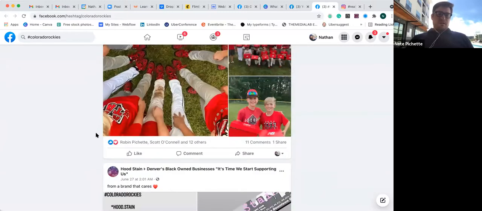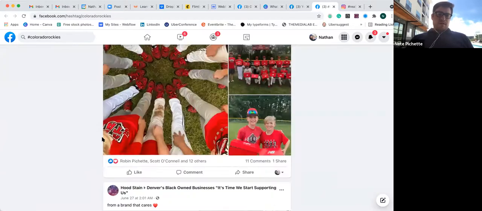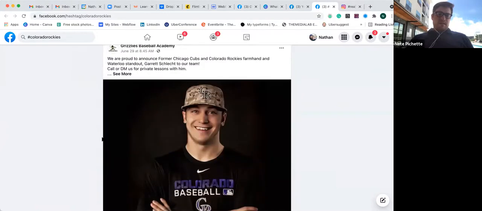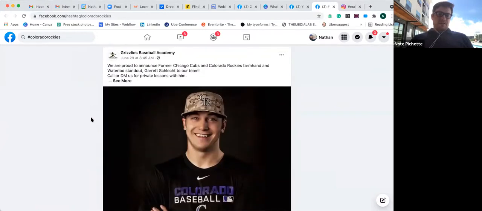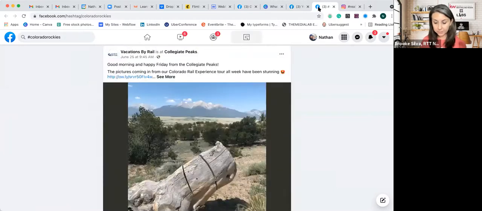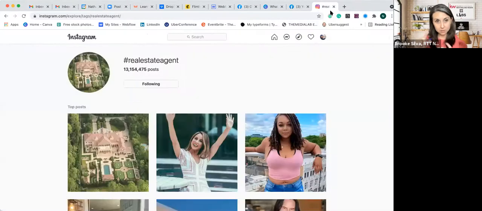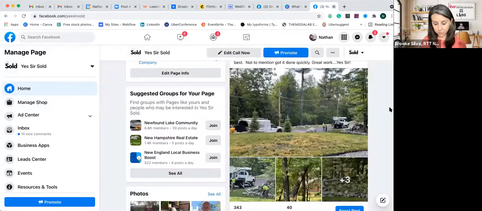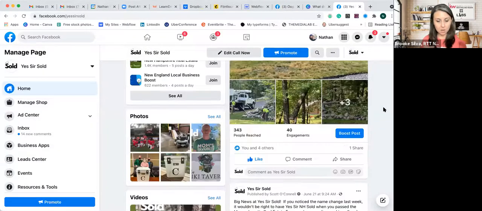And here's his post right at the top of it. And then there's other stuff that tag the Rockies. Yep. So we've talked about tags. We've talked a little bit about what it should look like visually. I mean, we haven't gone too much into the visuals. No. So we're tagging people, we're tagging